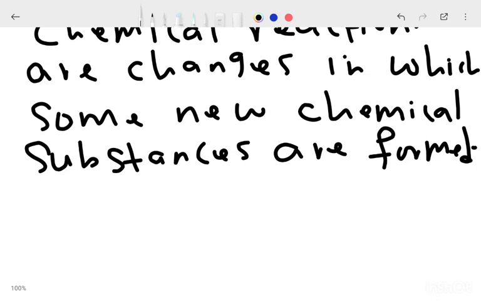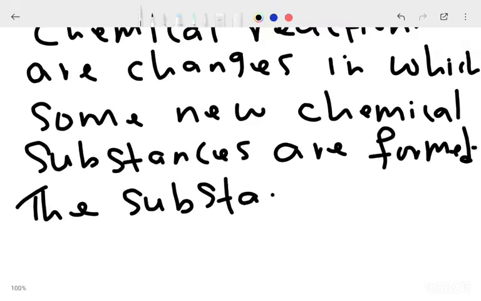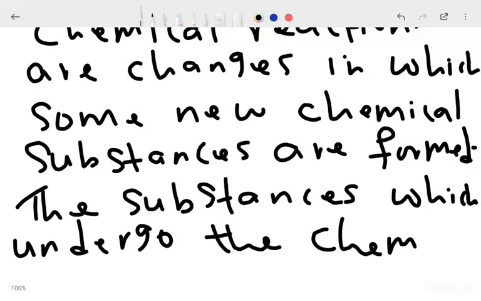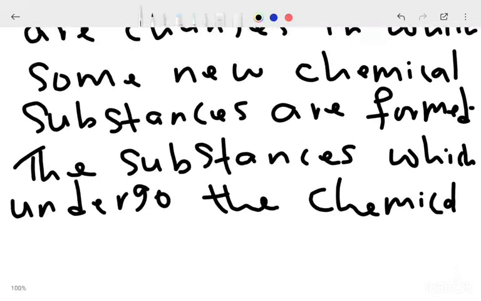Write it. Then put a full stop after formed. Then write the substances which undergo the chemical change